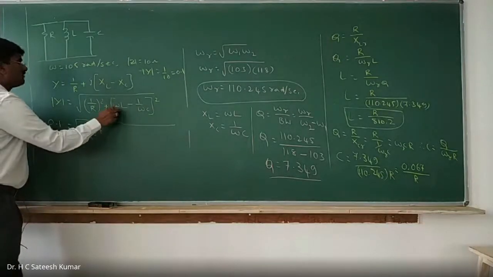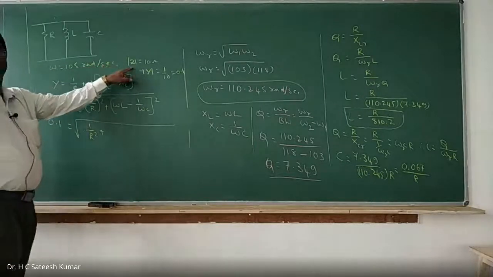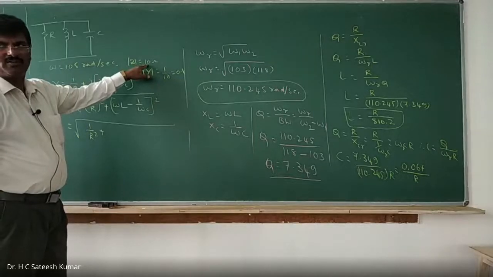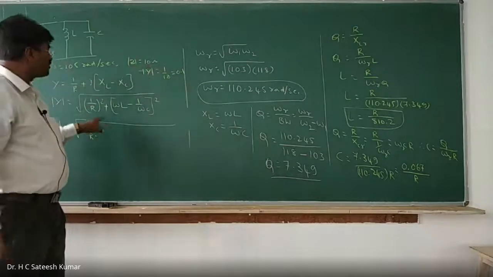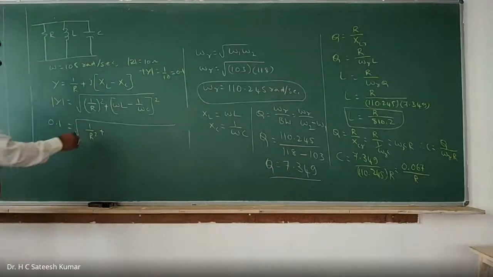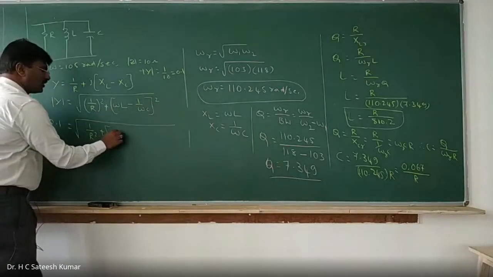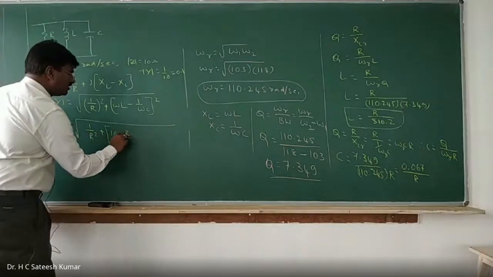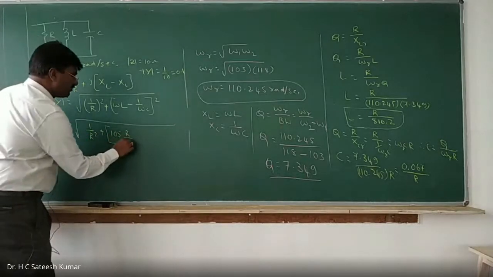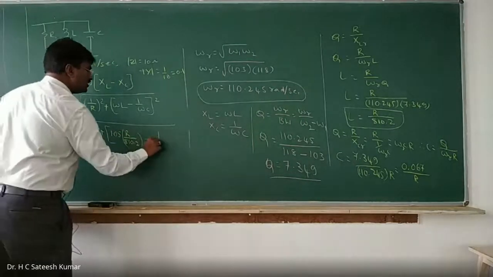plus, and he has given when omega is equal to 105 radians per second, magnitude of Z is equal to 10. That means it is not a resonant frequency. He has given the impedance at some other frequency, and that frequency we should take. So what you should do is omega, which is 105, into L, and L in terms of R is R divided by 810.2, minus 1 divided by